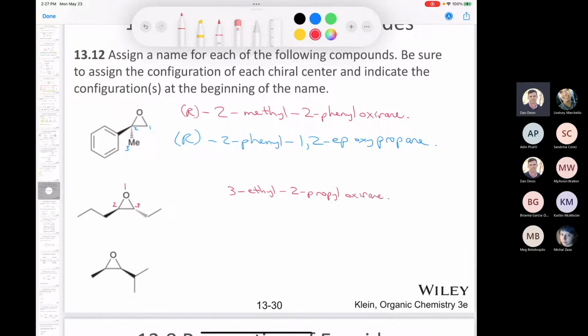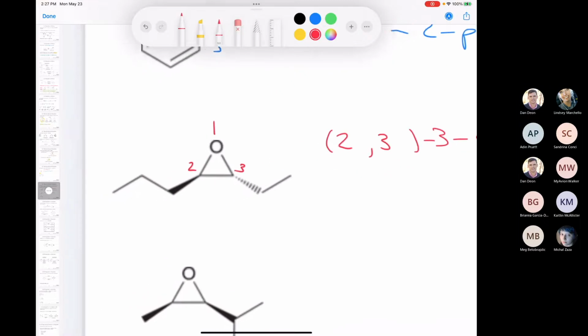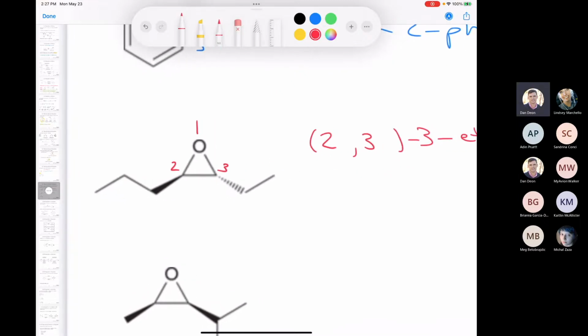oxirane. And now we need to figure out the stereochemistry of both stereogenic centers. So we've got 2 something and 3 something. So is it R or S? And then is it R or S? So let's figure this out here. Let's start with number 2, I guess. Doesn't matter. We'll start with this stereogenic center here,